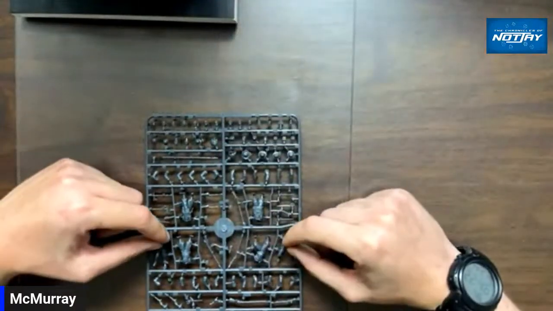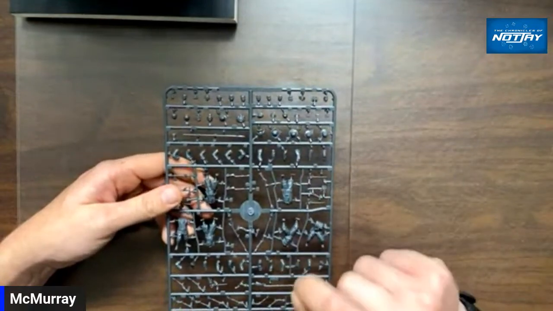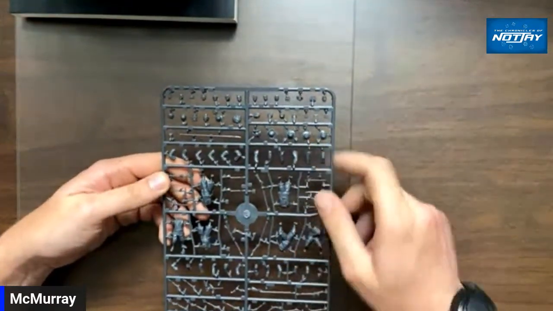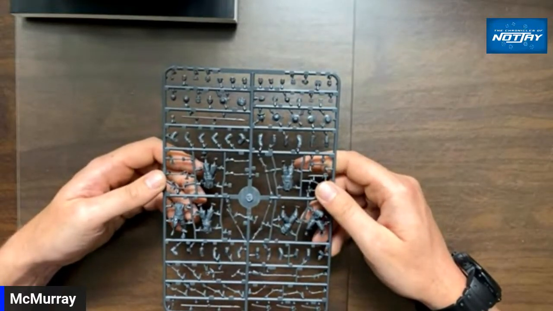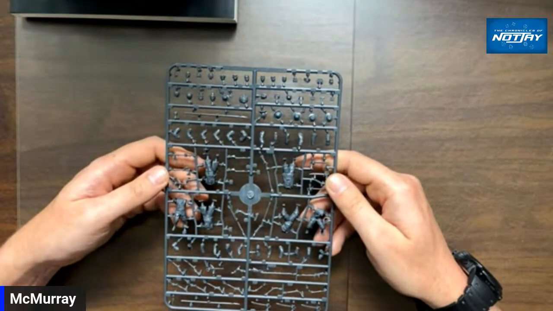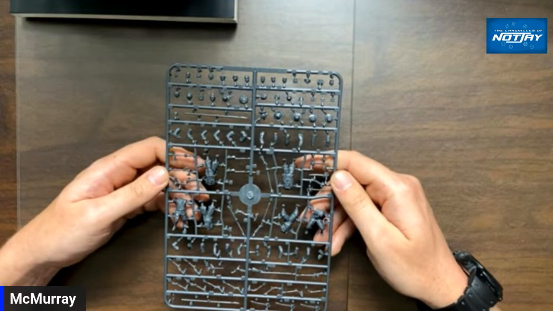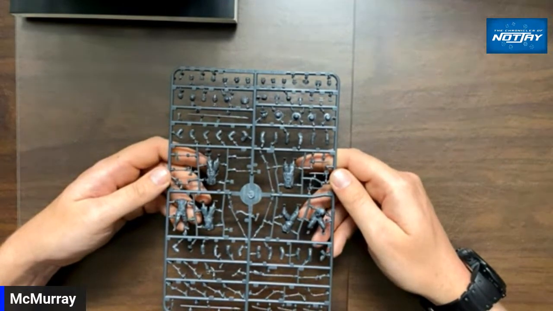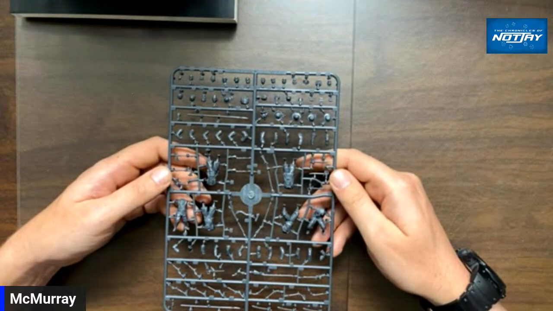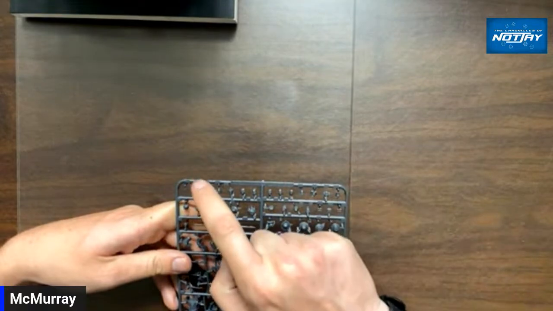Now, that's still 6 different bodies. But what I like is, like I said, it used to bug me because with all of their figures, if you wanted a unit of Milicianos, there were 4 sculpts. And you always bought the same 4 resin sculpted Milicianos. No other options. Here, you do have the same 6 bodies, but sweet mother of God, there's 1, 2, 3,